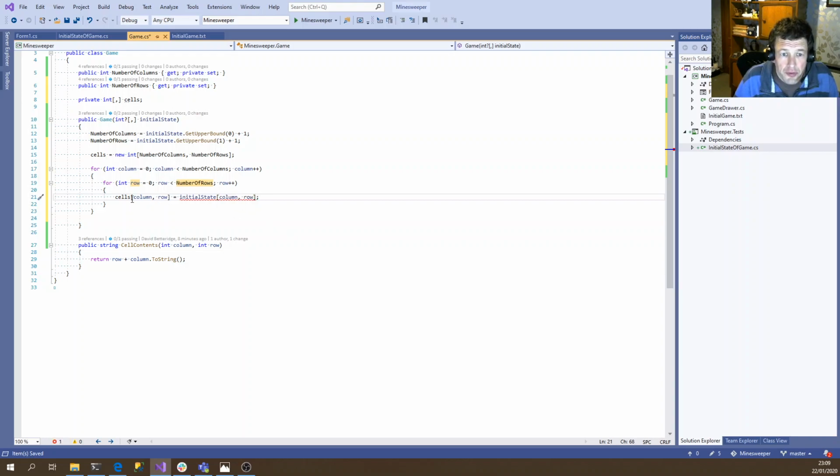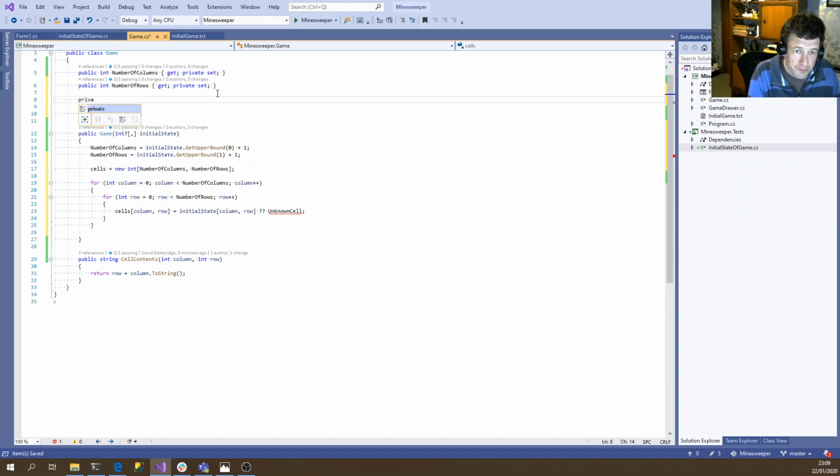So this won't work because that can be null. So in the case it is null, we want to say it's an empty cell. No, we don't. We want to say it's an unknown cell. So we need a constant to represent unknown cells. And it can be any negative number, so -1 is as good as anything. And when we return the cell contents,